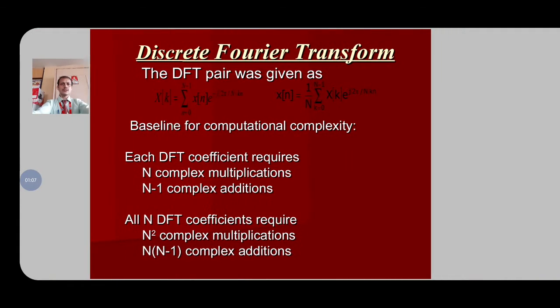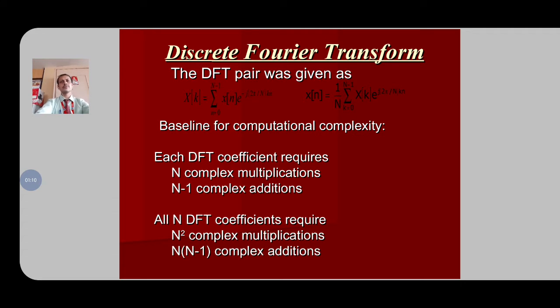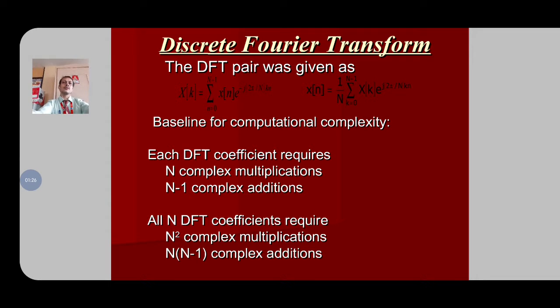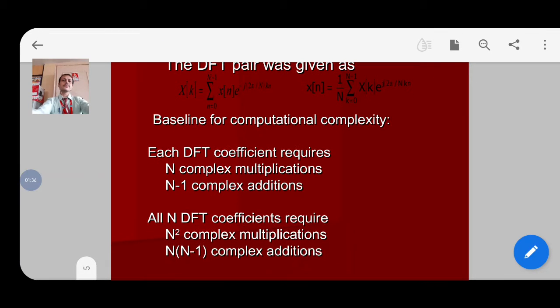First, we are going to reduce the number of complex multiplications and additions. How we reduce them is very important. By using the DFT formula, we can find the DFT and IDFT. By direct computation, the complex multiplications are N square and the complex additions are N into N minus 1. For example, the capital N value is 8.